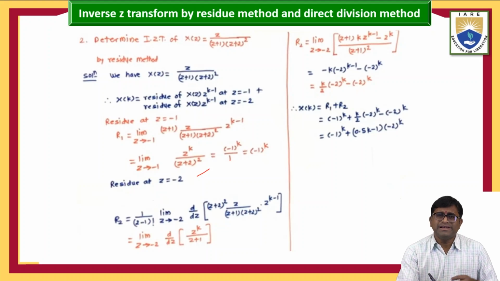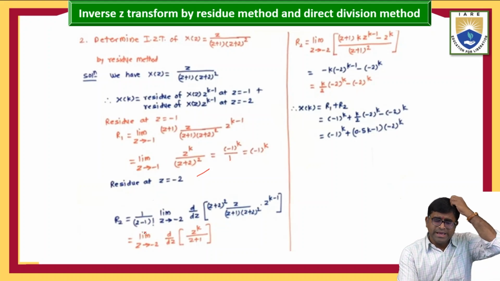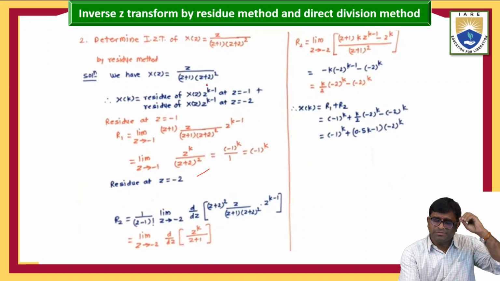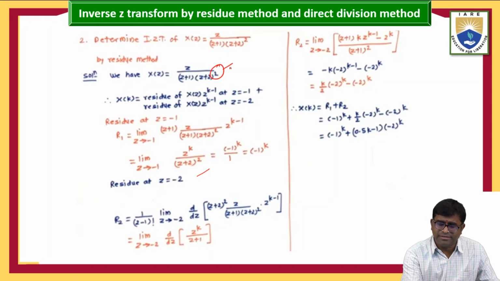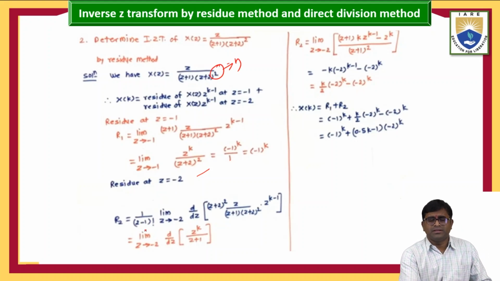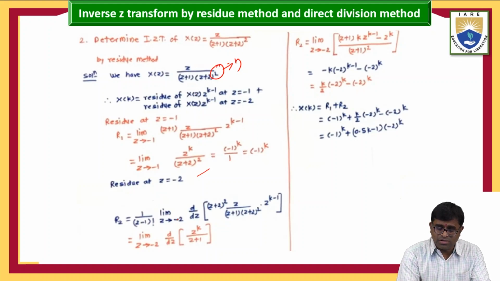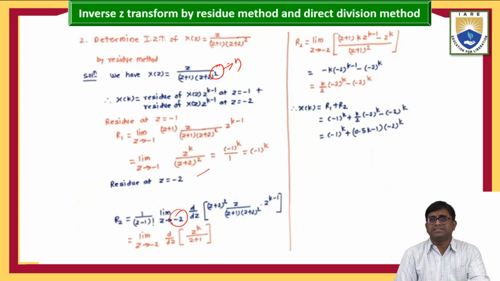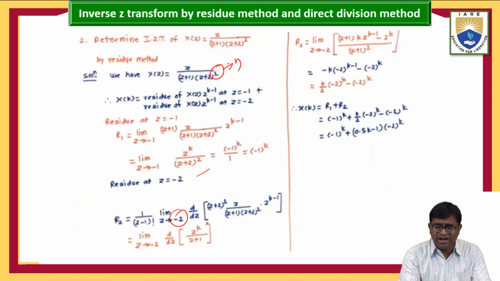For this one, the standard formula is 1 by (n-1) factorial, where the power is n. So 1 by (2-1) factorial, limit z tends to what value here? z equal to minus 2, d by dz of